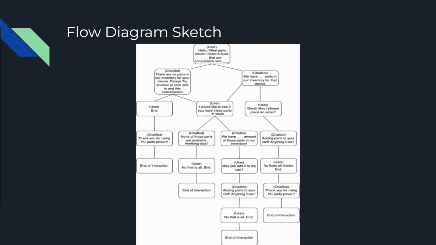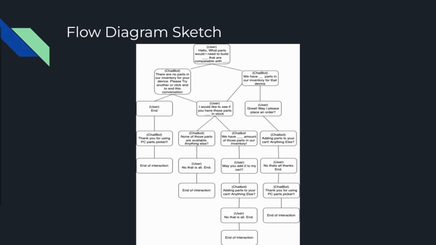And so going off based on the left side, the chatbot would respond, "Thank you for using PC Parts Picker," and then that would end the interaction. And then if the user did respond, "I would like to see if you have these parts in stock," the chatbot would say, "None of those parts are available. Anything else?" Or, "We have these amounts of parts in our inventory,"